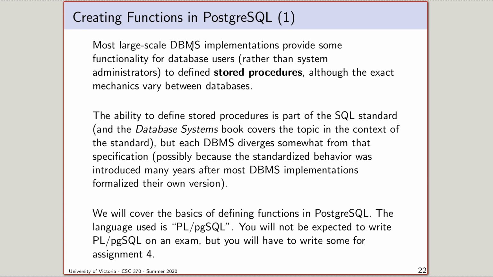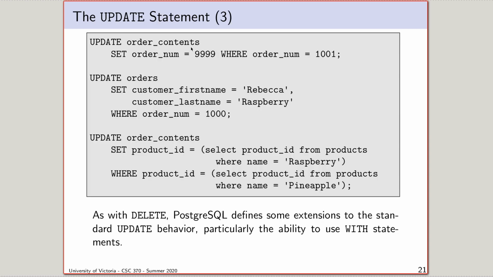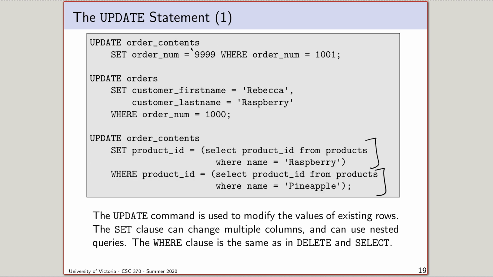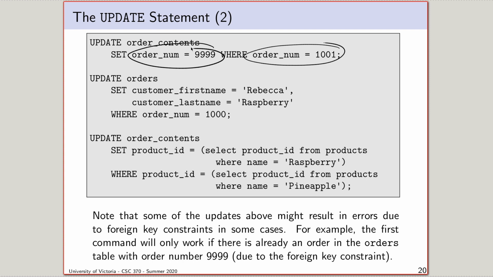So where does that bring us? We've seen these commands, and a lower level course on databases would probably just stop there. Now you know how to update a database, and you know how to delete things from a database. What else is there to talk about? The reason I'm bothering to discuss them and I've made slides about it isn't because I think people need me to actually show them what the word update does in SQL. It's because we're going to discover that these are commands that are pretty easy to learn, and the reason we care about them isn't so that we can use them, it's so that we can prevent their use